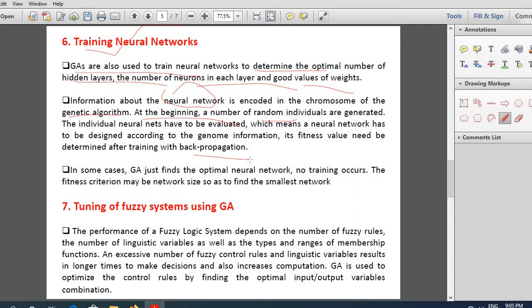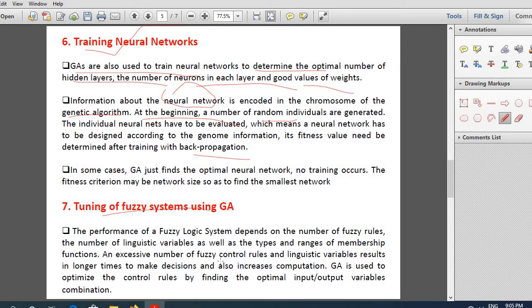That can be taken as a fitness value. Similarly, all the other neural networks generated can be evaluated, and finally after a number of generations, GA can come up with the best neural network that has the best accuracy. Now another application of GA is tuning of fuzzy systems.